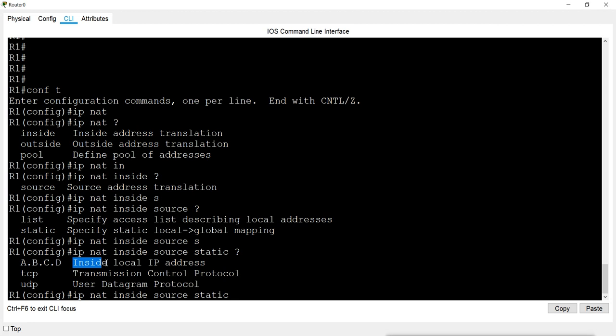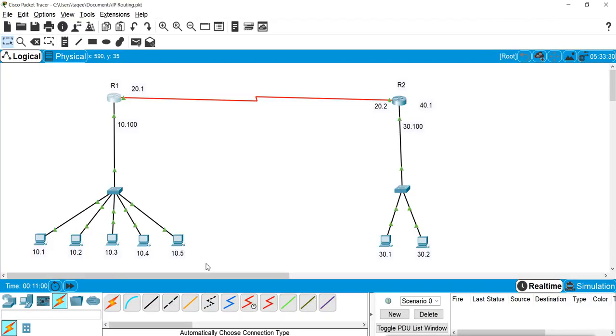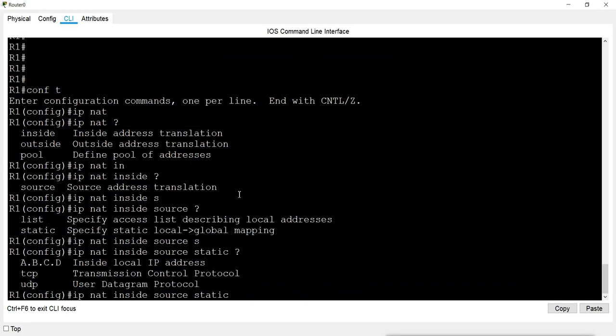Remember, inside local IP address is the address of the local internal network which we want to translate. So in our design, I want to translate this 10.1. So here I will mention 10.0.0.1.